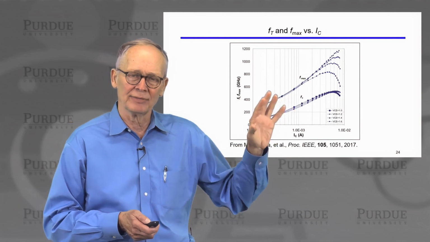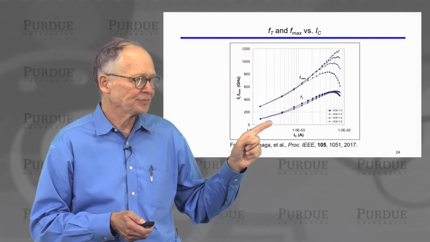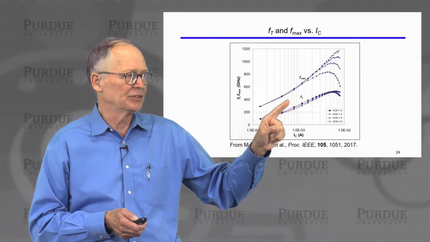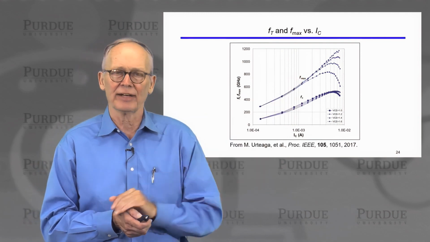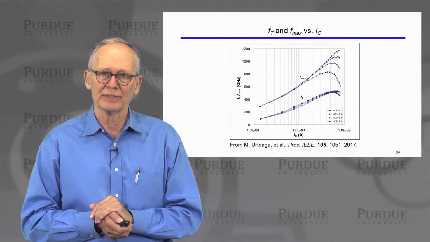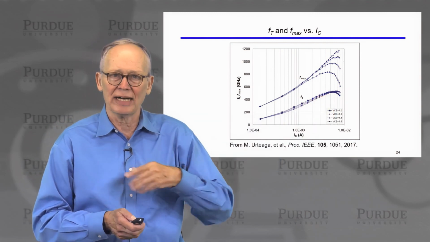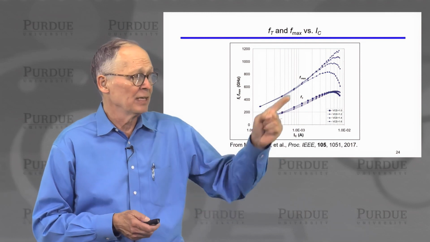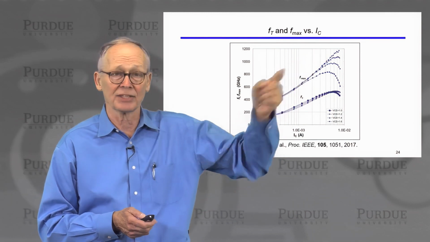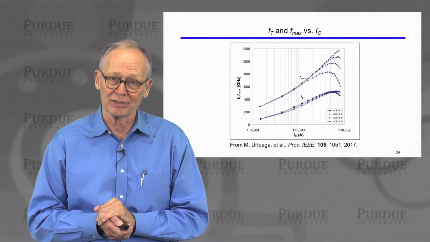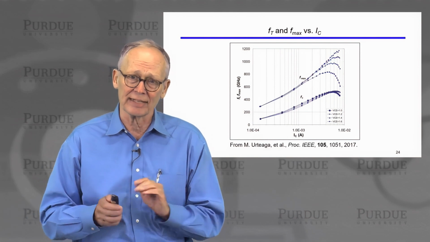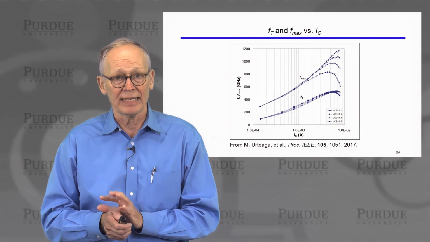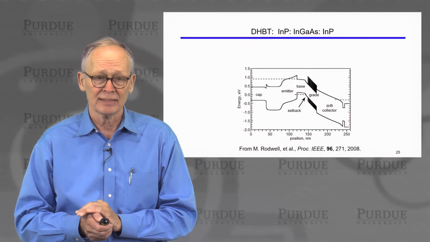These are an example of fT and fmax versus the DC bias currents. And you can see that as you increase the bias current higher and higher, you get higher and higher frequencies. Eventually it goes too high and the series resistance and thermal effects dominate and you reach a peak. You can see that the peak fmaxes here are exceeding a terahertz for this device. So very, very high frequencies can be obtained if we run these devices at very high current densities to minimize